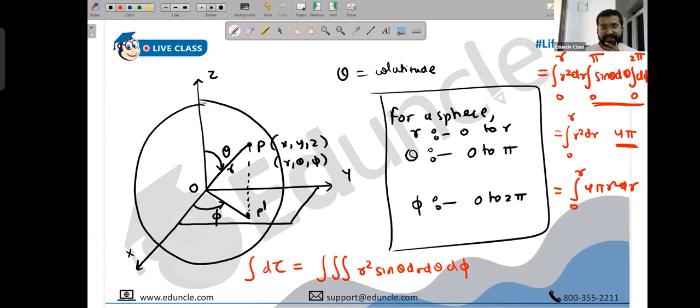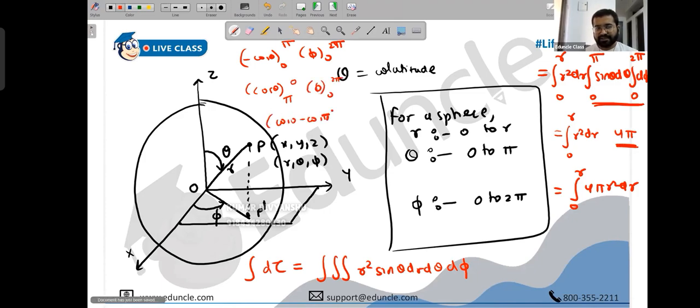And you can check this. The integration of sine is minus cos, which goes from 0 to pi. The integration of d phi is phi, from 0 to 2 pi. We don't like the minus sign, so we can use the minus sign to shuffle the limits: 0 to pi becomes pi to 0, and phi goes from 0 to 2 pi. So you have cos 0 minus cos pi, times 2 pi. Cos 0 is 1, cos pi is minus 1, minus minus is plus. 1 plus 1 times 2 pi, you are getting 4 pi, as expected.